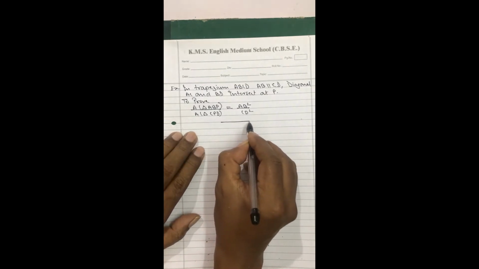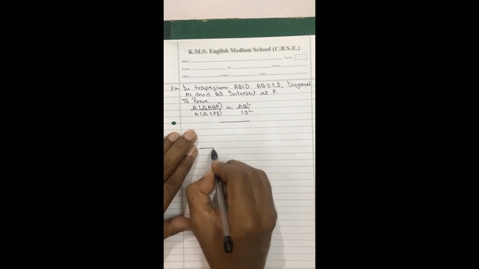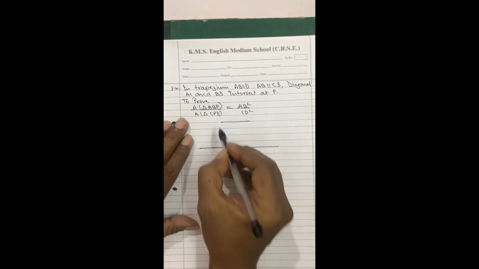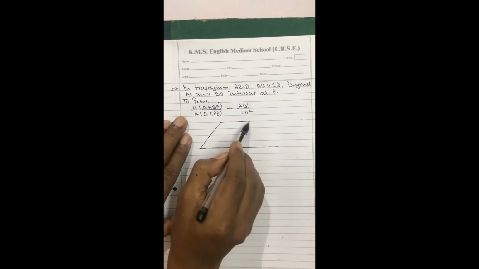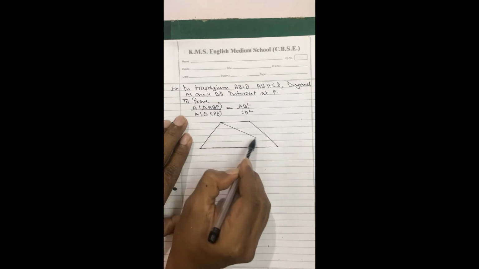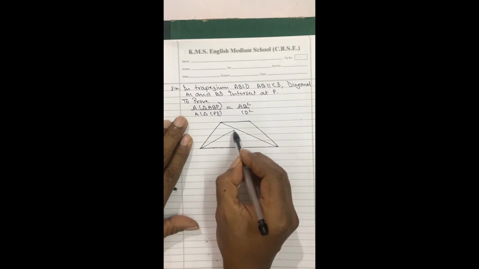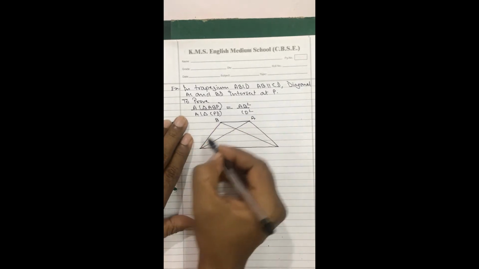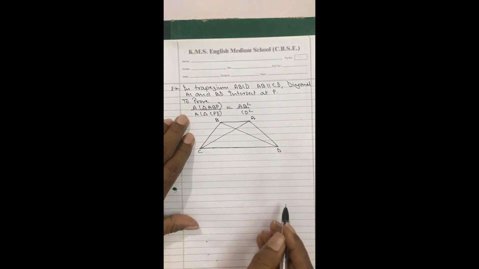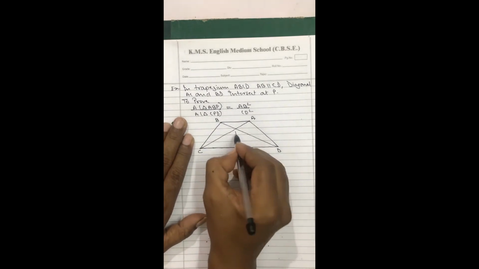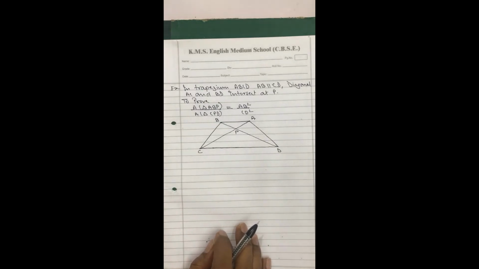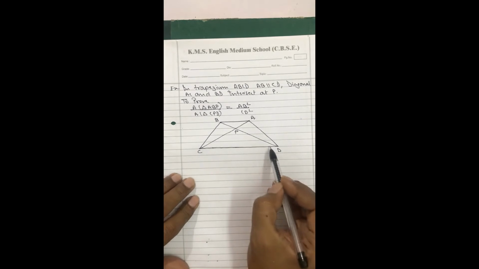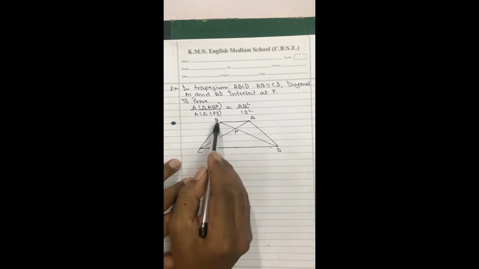See, basically here what they have given is that there is a trapezium of this sort, and its diagonals are there. Then this is A, B, C, D. The diagram is given in the question, and this is P. That's all, my dear students. So basically here, AB is parallel to CD is given to you, and AC and BD intersect at P.